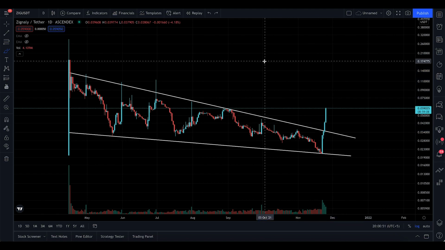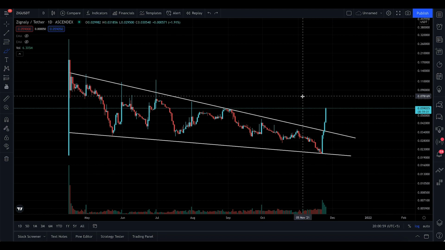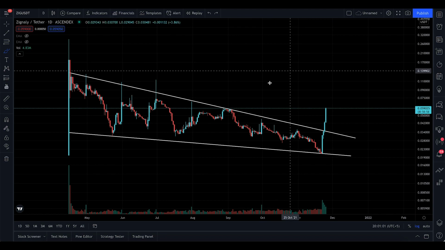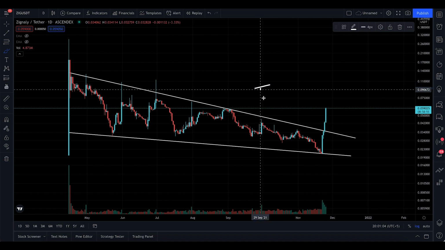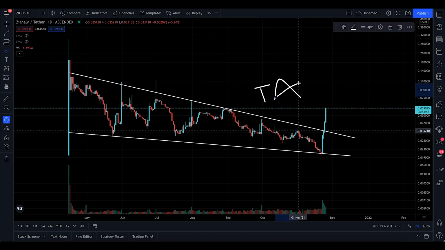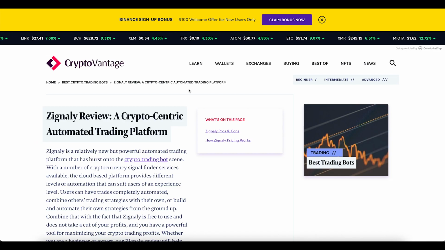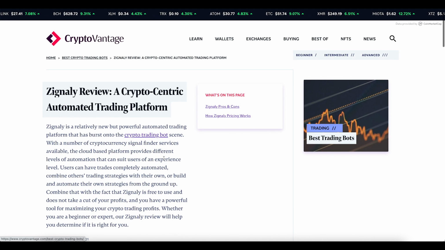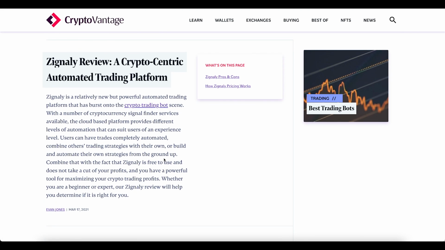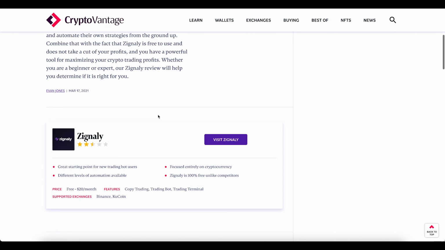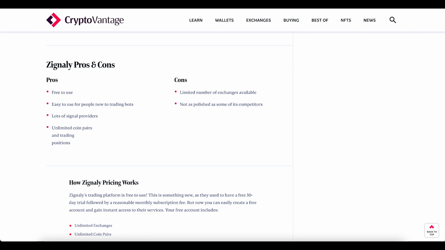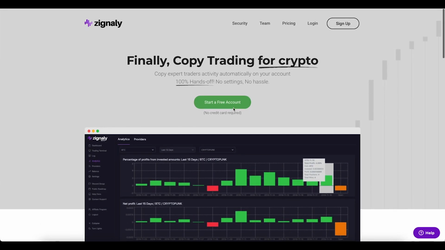Now you see, Zignaly is like a combination of the words signal. Okay, signally, however you want to match those words out there. And quickly, before I even dive into the TA, because this is relatively new to you if you're watching this, I did read about them, and they seem to be some very hardworking people out there, and they have something that has been out there on the market, and you guys do not know anything about it. Okay, and there's a review out here, but the best review is basically on their own website.